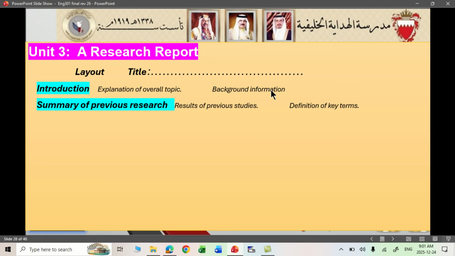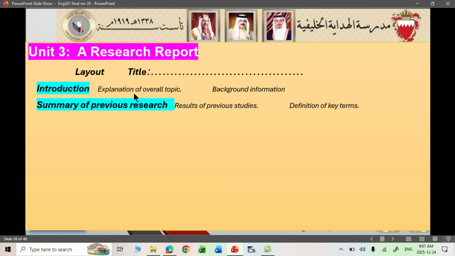Okay. Next, you need to talk about previous research on the same topic. You will get the data. The data that you are going to use should be there in your exam paper. You cannot make up stuff from your own mind. Okay. Here in the second paragraph, it should have the title, summary of the previous research. And